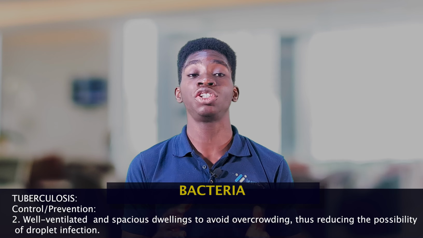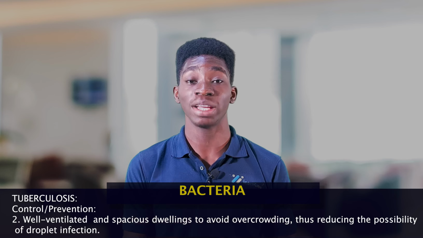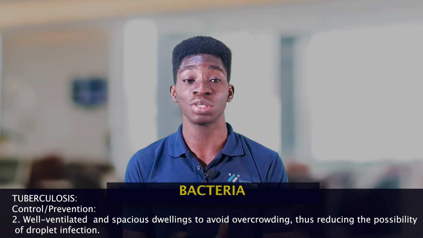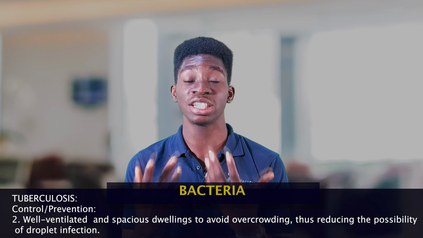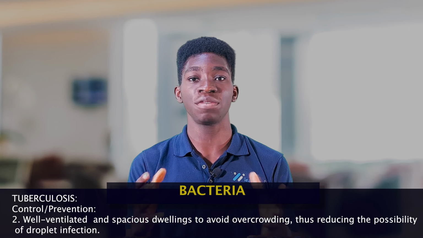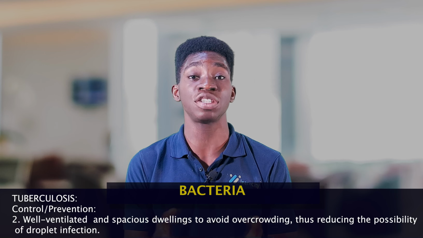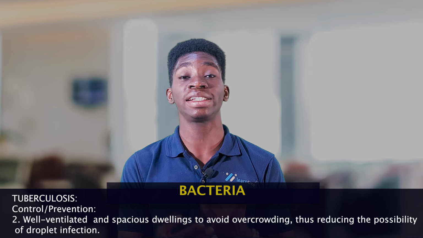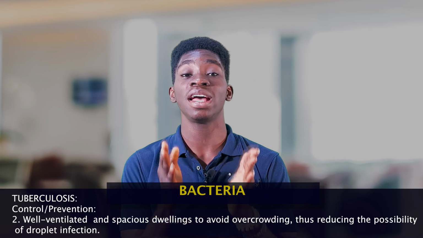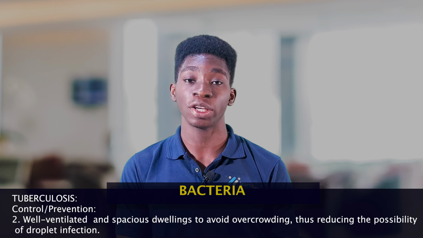Also, we ensure that we have well-ventilated and spacious dwellings, where we stay is well-ventilated, and we prevent overcrowding. These are the ways this disease can easily spread. If the space is well-ventilated and someone spits or coughs, it will not easily spread. But if it is choked up, with 10, 15 people in a very small room, the disease can easily spread from one person to another. So we make sure we have well-ventilated, spacious dwellings that are not overcrowded. That can help to prevent tuberculosis.